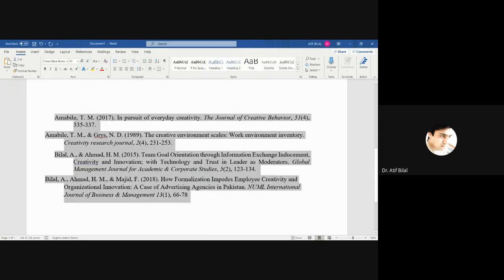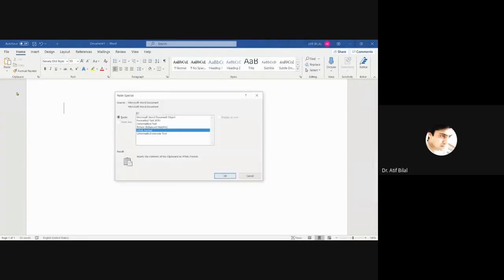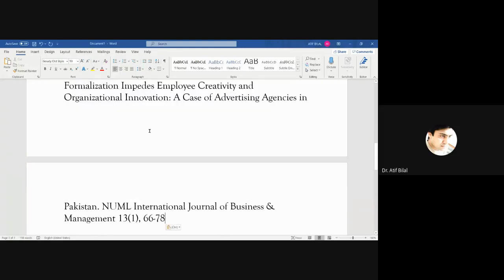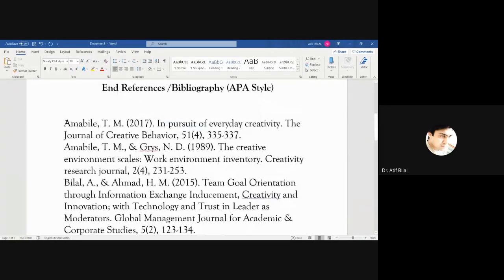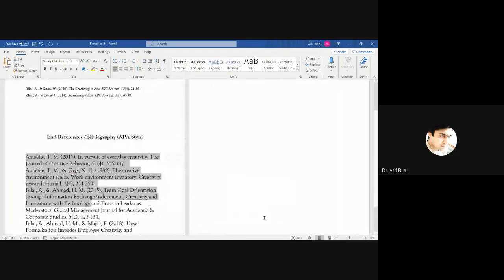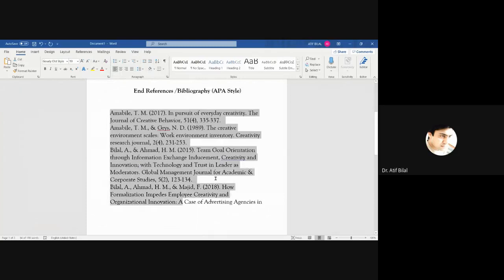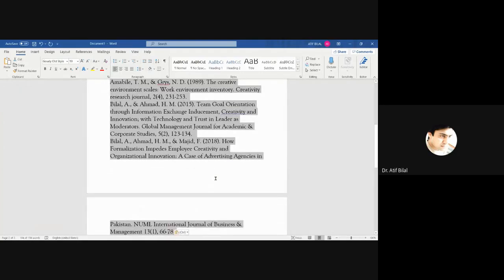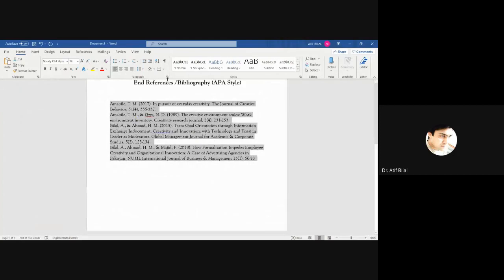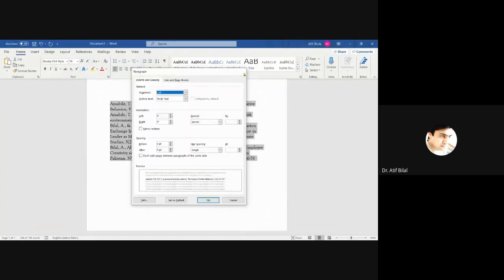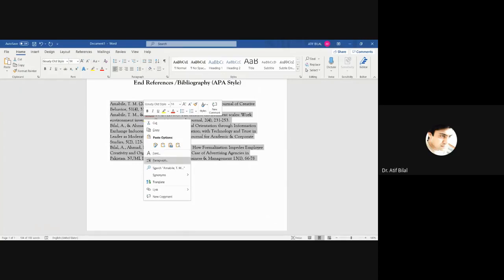The second thing that we need to understand about formatting is to select all of them. For example, I just want to create them like normal text. So how do we format them? In order to format the end referencing, we need to select all of them, go to this Paragraph from here, or right click and choose Paragraph.